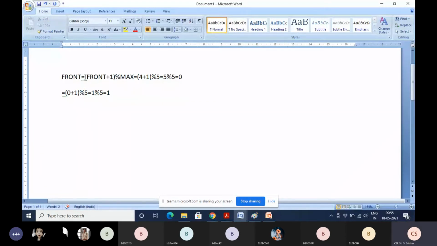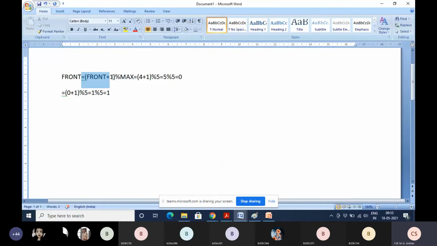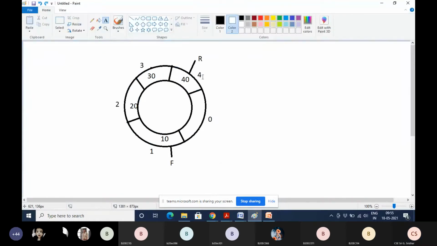But if you use this common formula, it is also useful when? Can anyone tell, students? When front is pointing to the last position. Very good. When front is pointing to max minus 1, it is useful.